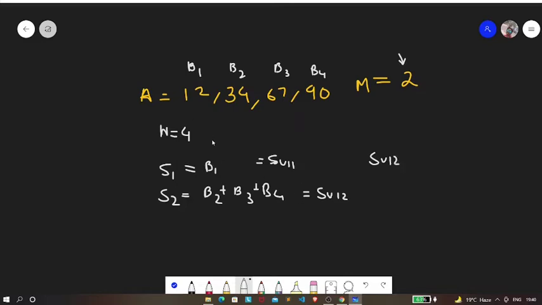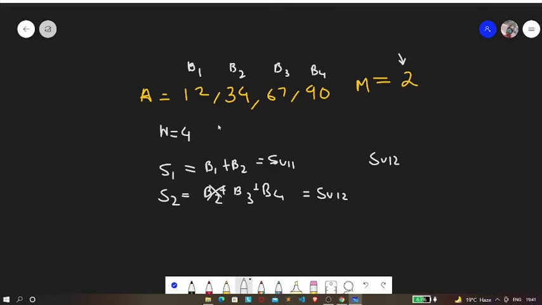Now let's say that student 1 also takes book 2. Now if student 1 takes book 2, student 2 will take books 3 and 4. Now it is said that a student can take books in a contiguous way, right? What does it mean? It means that let's say you choose book 1. Now when you choose book 1, you can't choose book 3 directly. In order to choose book 3, you need to first choose book 2, and then only can you choose book 3.